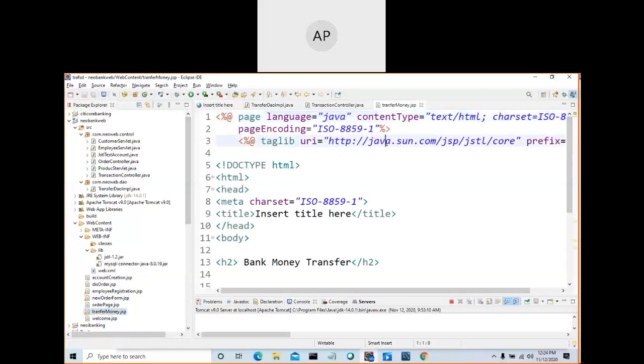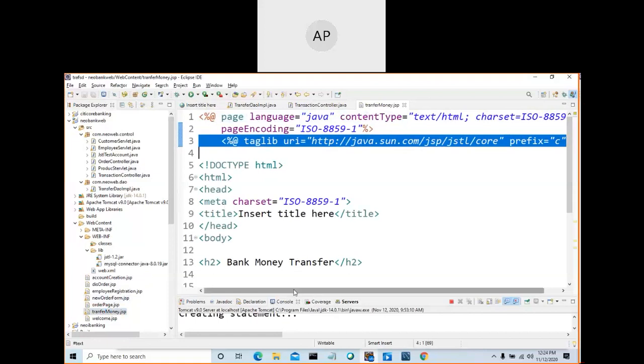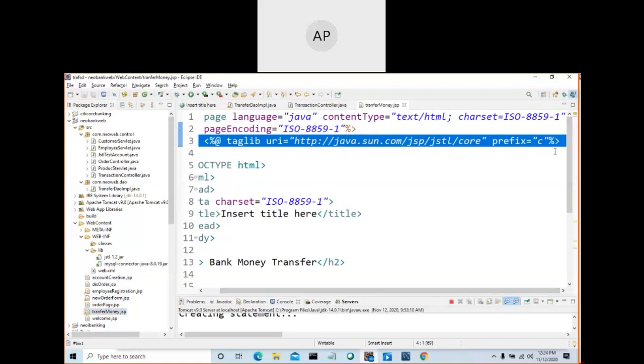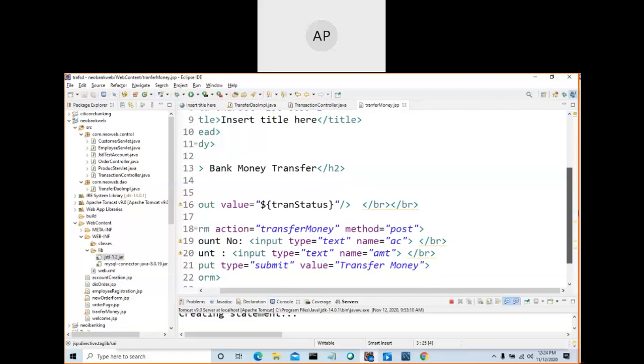So this is the JSP I created. You need to include the JSTL tag library. We are giving it one simple name for this entire string, so that we can use this name to associate with the core tag. We added the JSTL core tag. We saw in the previous videos that in JSTL there are the core tag, the lib tag, and the SQL tag. The core tag is the main one. Okay, so you know how to add this. We only added the JSTL here.